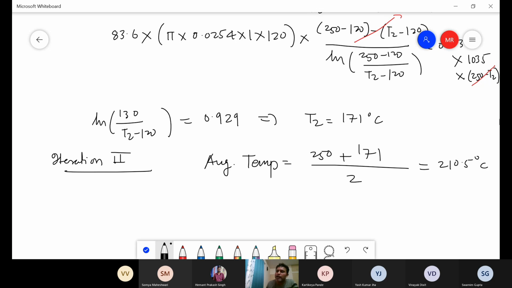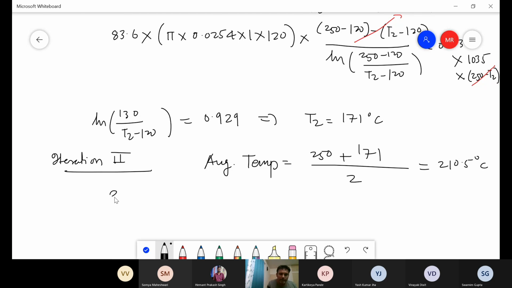Okay, so now we have to find out all the properties at this temperature. Remember, we have taken the properties in the earlier iteration at 250 degrees Celsius, which is not correct because we have to take all the properties at the average temperature. So that calculation itself was based on the assumption that the average temperature is 250 degrees Celsius, but that is not the case. The average temperature comes out to be 210 in this case. Now find out the properties. The properties are already given in the problem statement itself. So the properties at 210.5 are